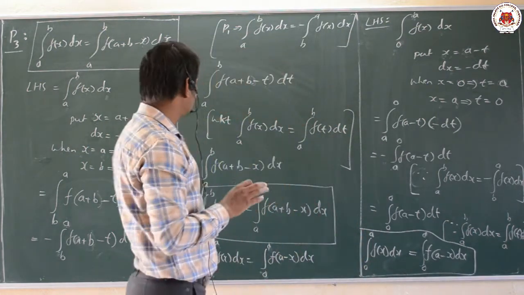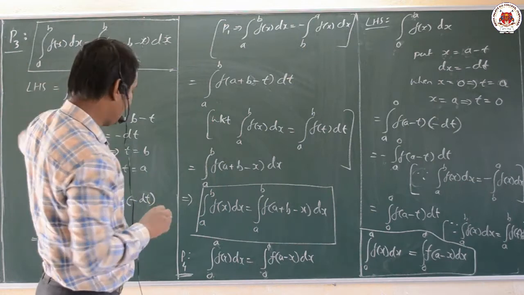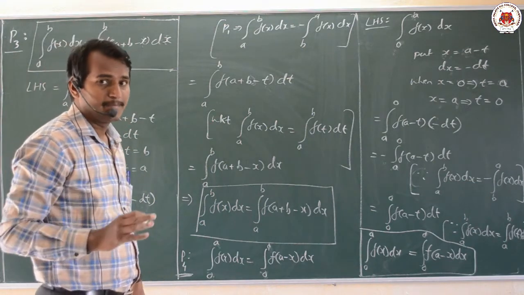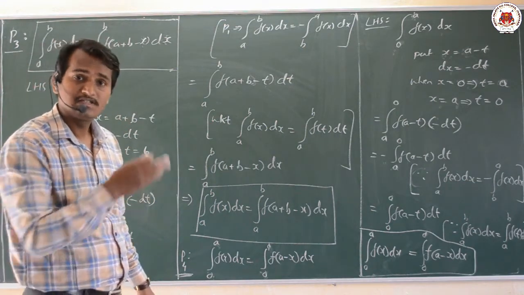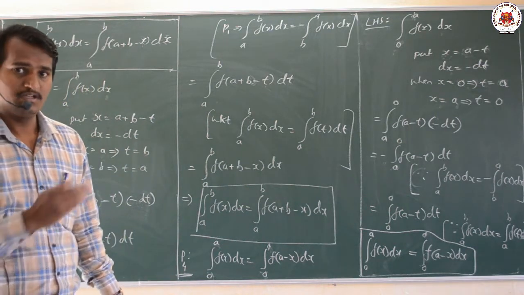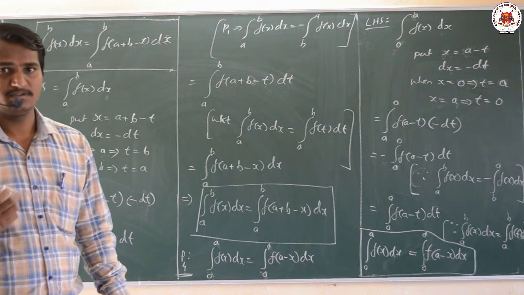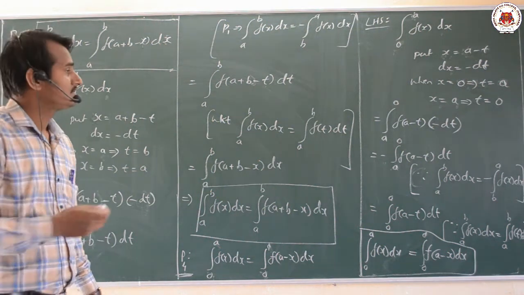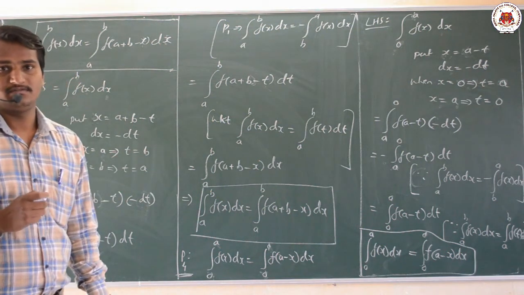Okay, dear students, this is all about the property P3 and P4. These two are of the same kind, but in the examination this point is very, very important, and it may be asked for 4 marks derivation plus 2 marks for a similar problem on this. Okay, dear students, so please pause the video to note it down.